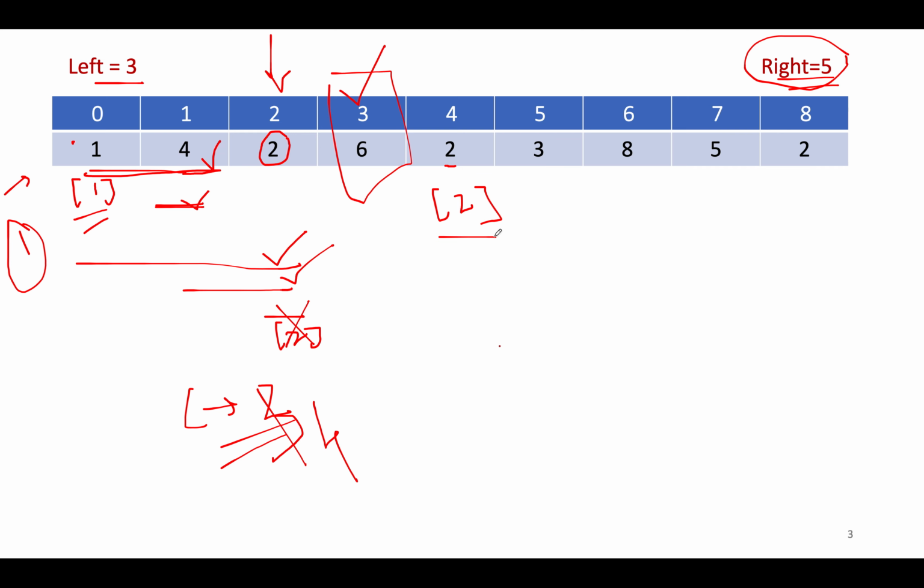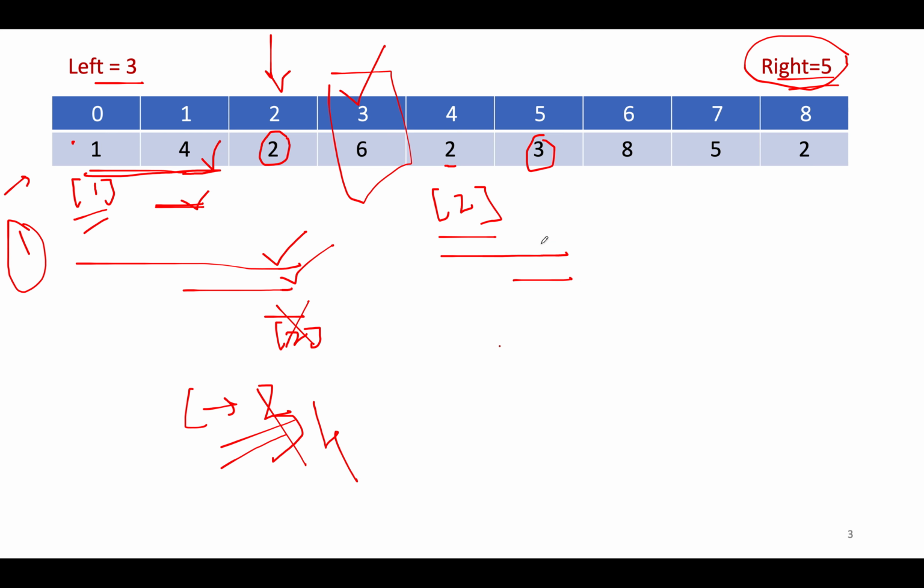The next element that we have is 2. Let's check the sub-array starting from 2. Can this be part of the answer set? No, because it is out of range. Let's start from 3. How many sub-arrays can be generated? First one being this one and second one being this one.